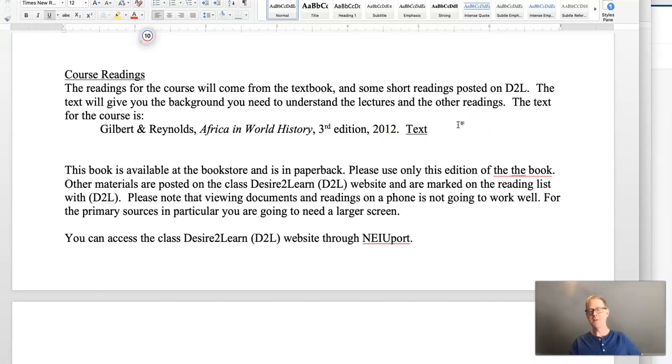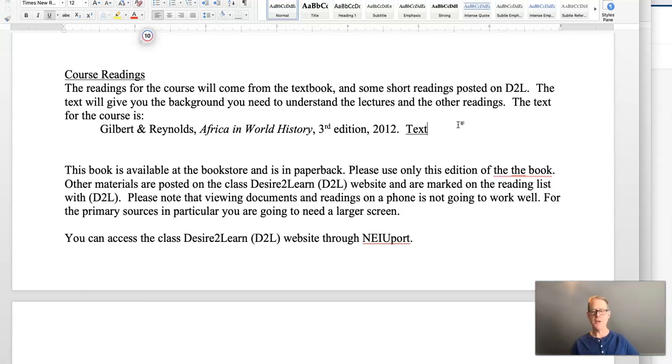I know it's more expensive than you would like, but the fact is, for African history, I've got to tell you, there's not that many textbooks out there. It's not like U.S. history, where every publisher wants to publish a U.S. history textbook because everybody studies U.S. history. Not everybody studies African history. There's not that many books out there. I find this is the best one that I found so far, for various reasons. One reason is that the authors are American.